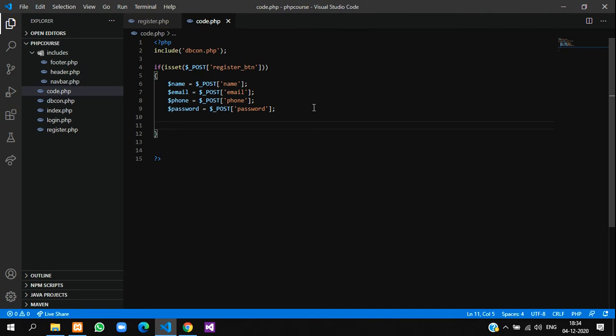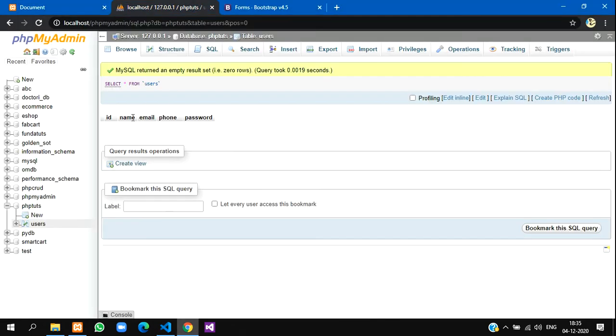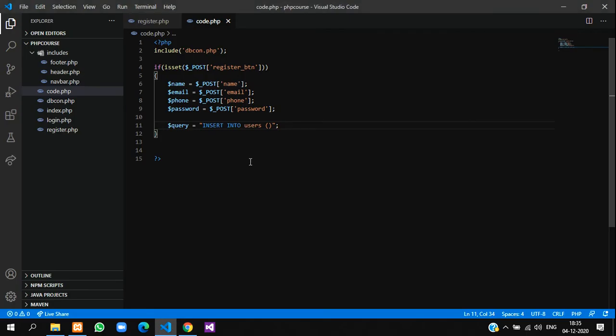Now we have to insert this. So to insert we have to write a query. I am just creating a variable here called query and writing the query here. Insert into, the table name is users. You can put your own table name, whatever you had created, and here you have to write your column names. My first column name is name, then email, phone, and password. So I'll write name, email, phone, password, and the values to be inserted in these columns we have to give here in single quotes,